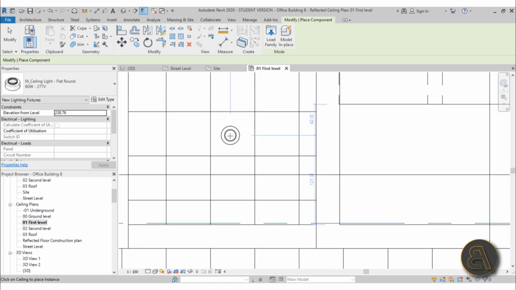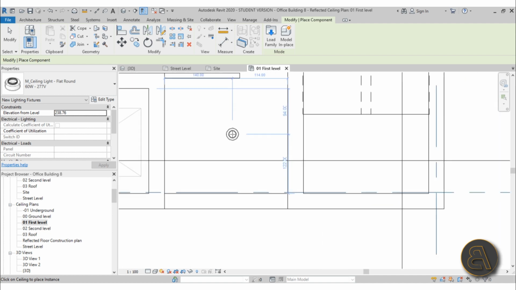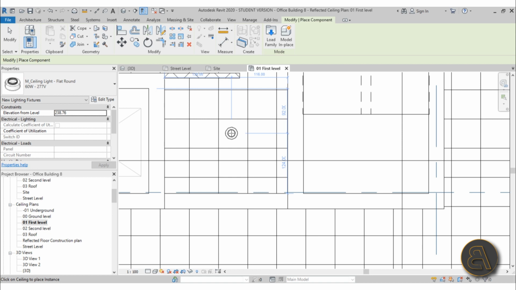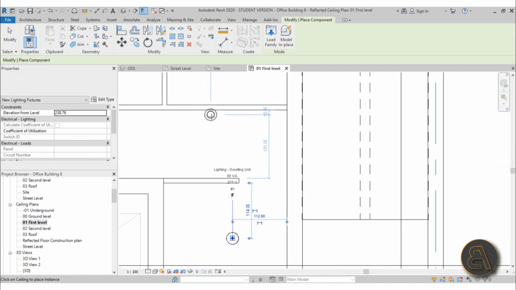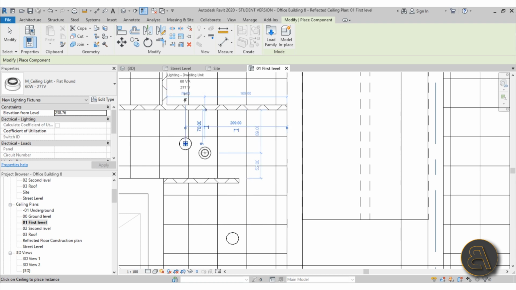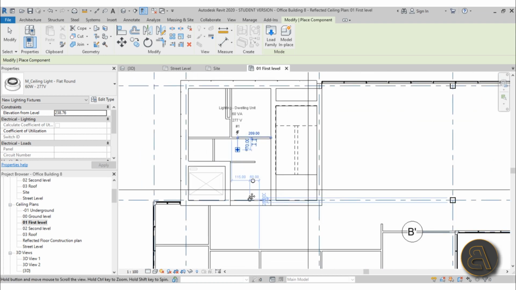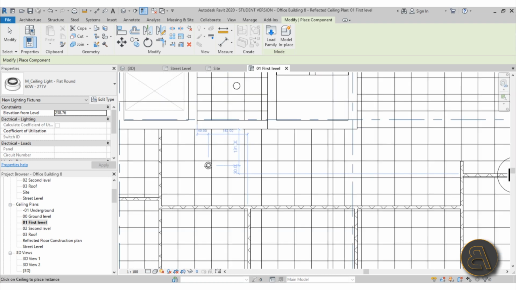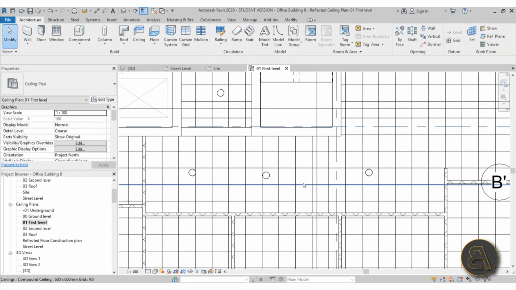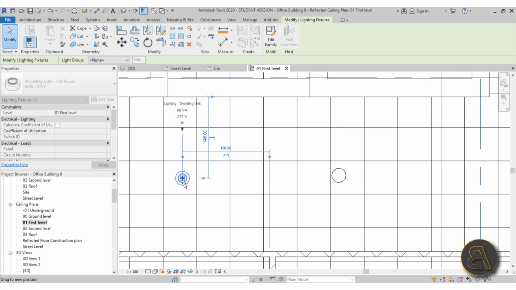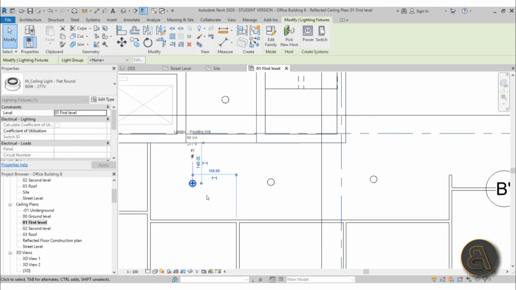You can place it maybe here in the center of one of these panels, or you can just place it ordinarily. Let's go and maybe place it like this. Here I'm going to place one here, and let's add a few of those here. So maybe one here, one here, and one here. Now if you're not really sure about the placement, what you can do to make it a bit easier is align these. So maybe let's place this one where I actually want it to be, in the middle of this